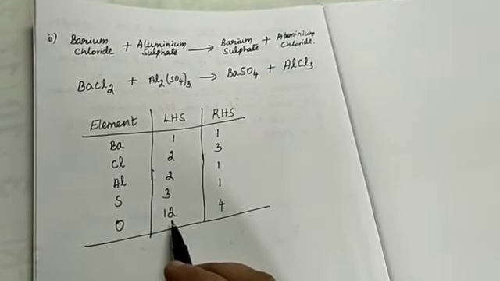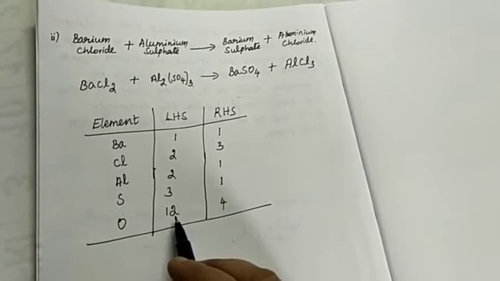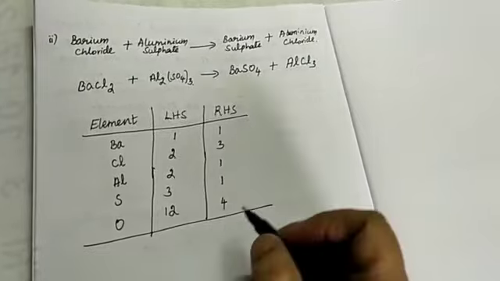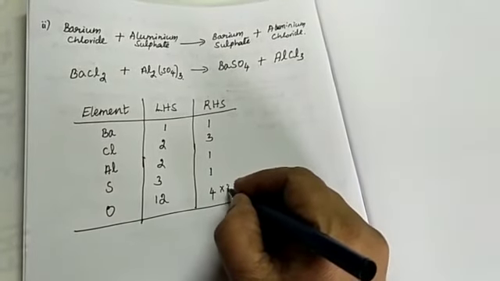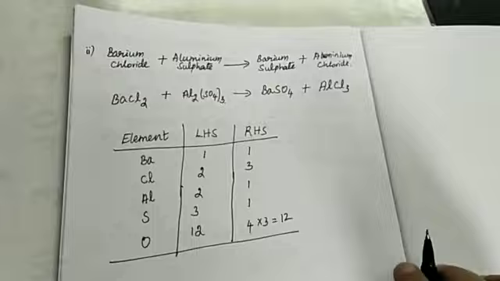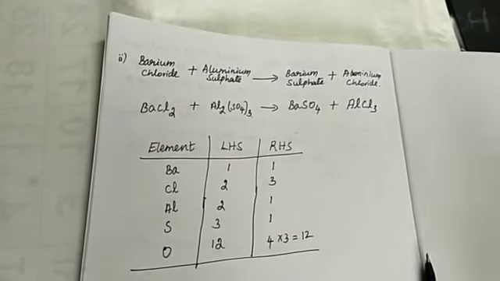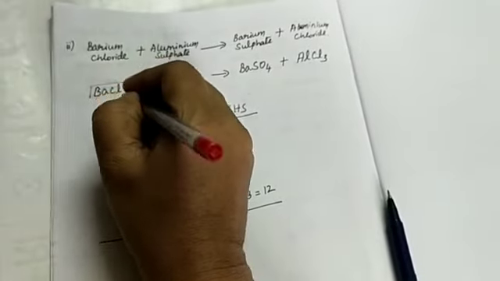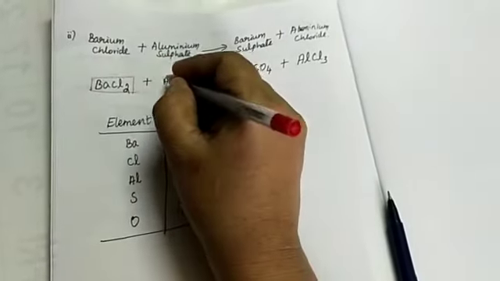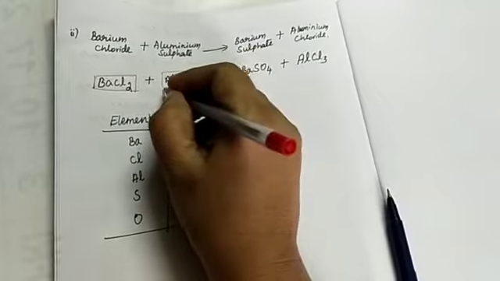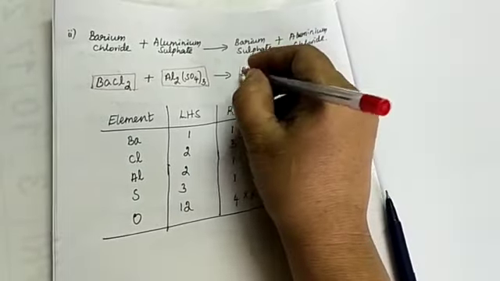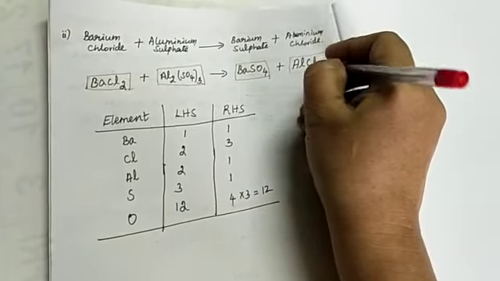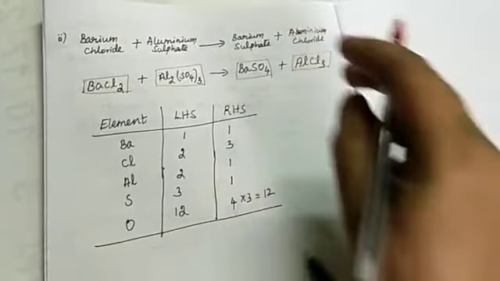Always we want to hit the largest number. So here the largest is 12 in the LHS, that is oxygen. But in the RHS only 4 oxygens are there. So if we multiply by 3, 4 3s are 12. So before doing this multiplication, in order to remember, we will draw a box around the formula, so that the box will indicate us not to change anything inside that. If we want to balance, any number should be written only outside that box.